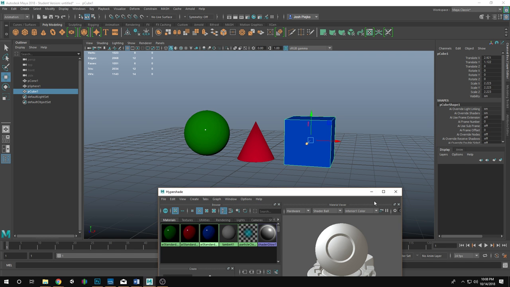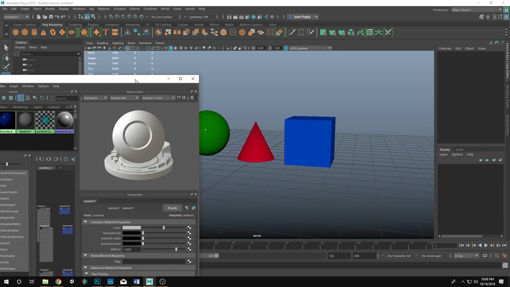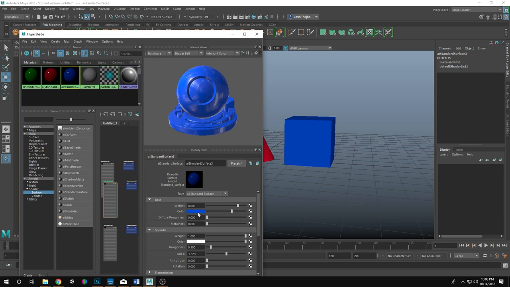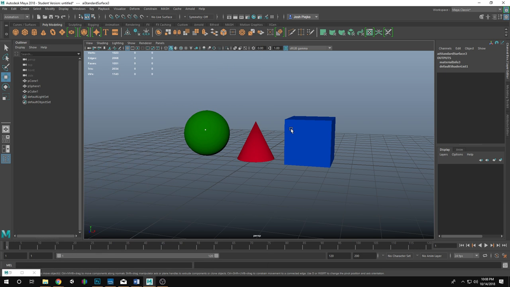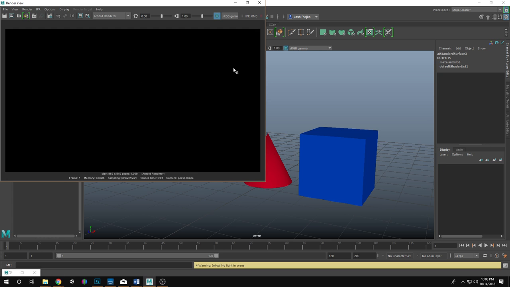Same material, there we go. Okay, so we've got 3 colors, and they all have that same shader on there. Now all I did was adjust the color. There's a lot of other stuff we'll talk about in a second, but let's see how that looks. I'm going to press render, and right now this is the Arnold renderer,